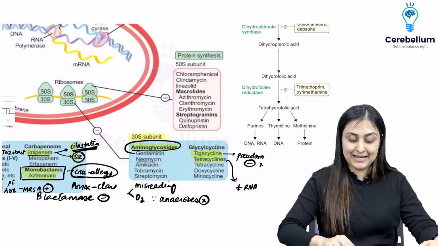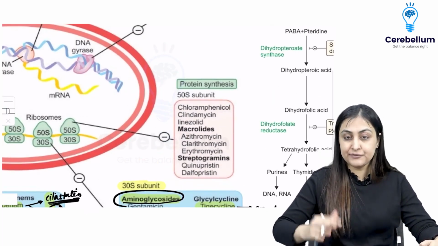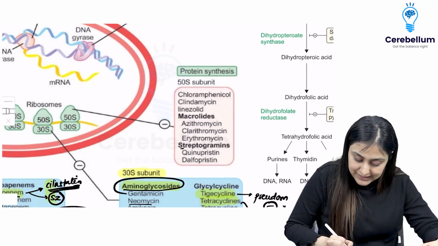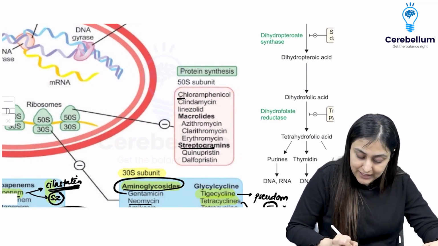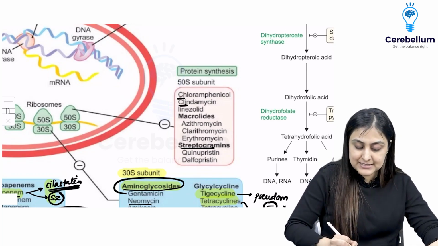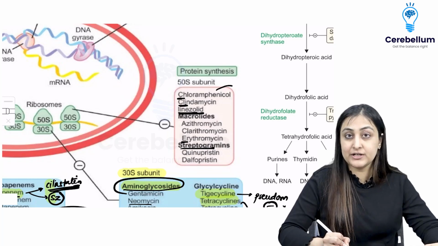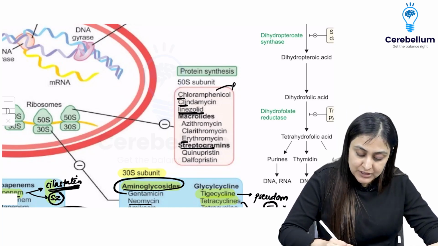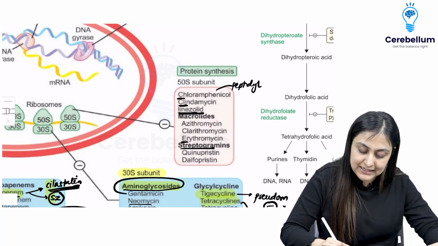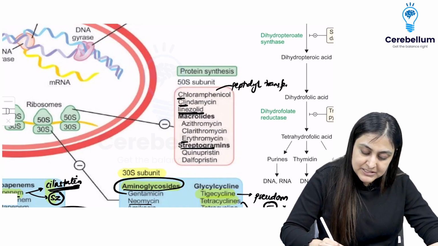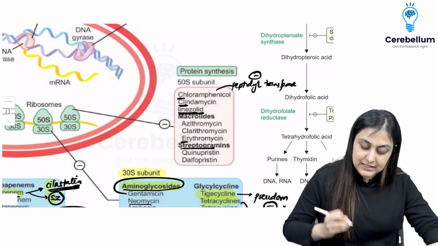So this is about buy at 30, sells at 50. So you have streptogramins, you have chloramphenicol, clindamycin, erythromycin and linezolid. Chloramphenicol, remember phenicol like Fevicol, this inhibits the peptidyl transferase. This inhibits peptidyl transferase. Then you have